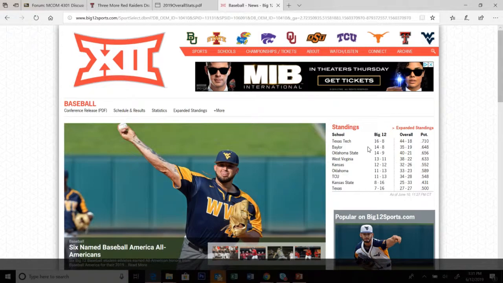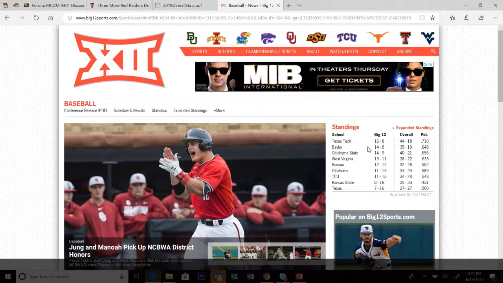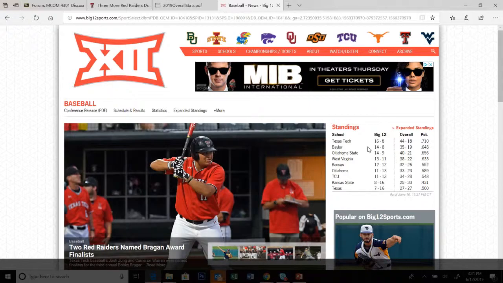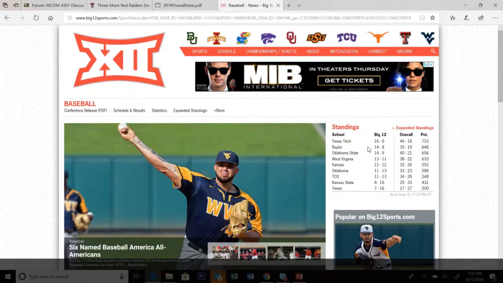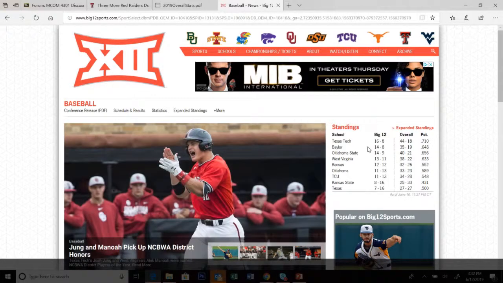Now, this is the first year that Texas Tech has been in the College World Series, the 4th time overall, that Texas Tech is the only Big 12 school in the College World Series. In years past, last year Texas was there. The year before that, Oklahoma State and TCU were both there. And in 2014, TCU was there in Omaha along with Texas Tech. So this is the first time in our 4 different times we've been there that Texas Tech is the only Big 12 team.